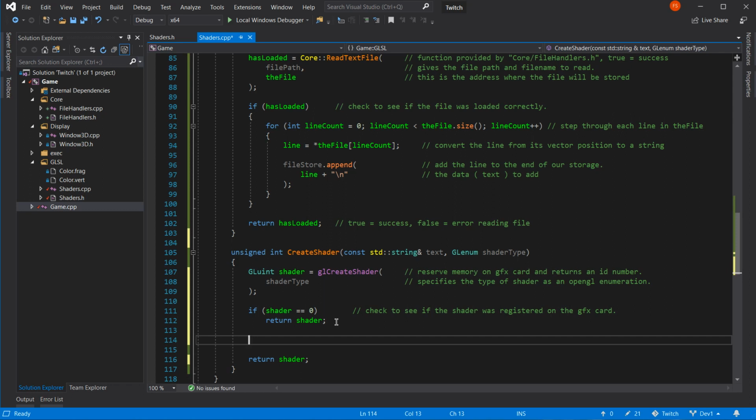Alright, I think that should be alright. Storage. We need to store the shader text data, because if we don't, it'll get wiped out. I'll show you what I mean. This is a problem with C. We're going to do a C++ to C transfer conversion, but there is a problem with it.